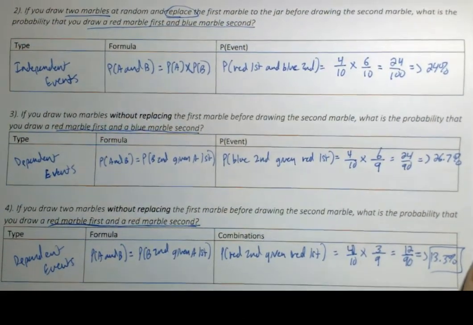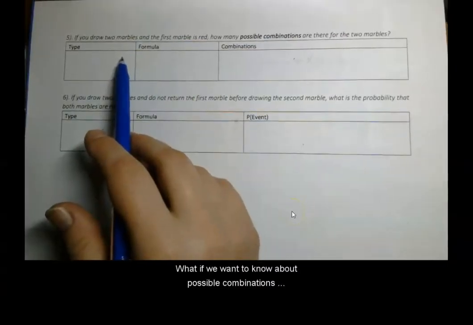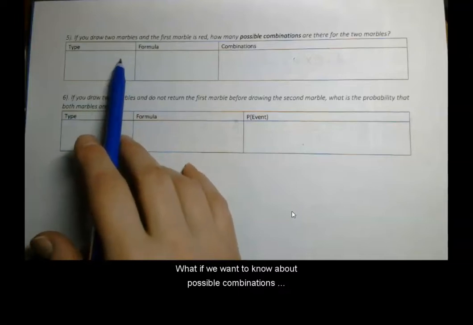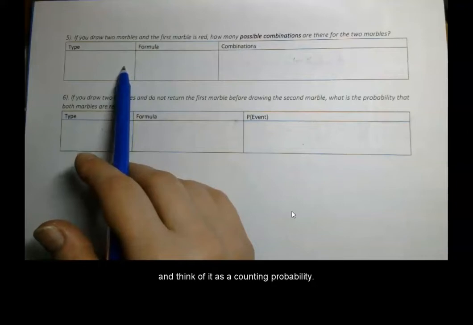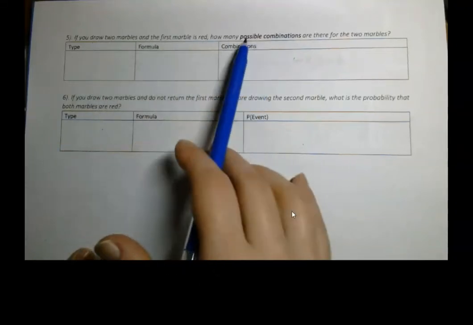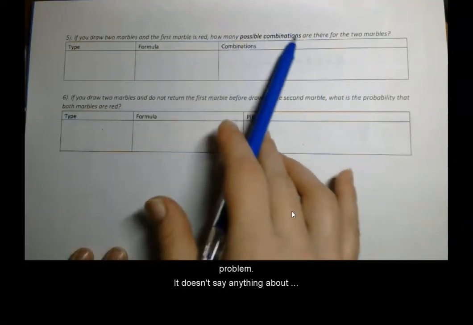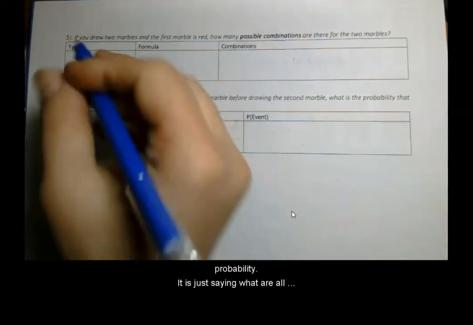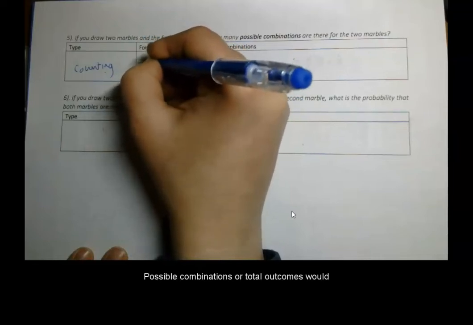So these are probabilities for 2 marbles. What if we want to know about possible combinations and think of it as a counting probability? Counting and a counting probability. If we draw 2 marbles and the first marble is red, how many possible combinations are there for the 2 marbles? So this is just a counting problem. It doesn't say anything about probability. It's just saying what are all the possible combinations. Counting and possible combinations or total outcomes